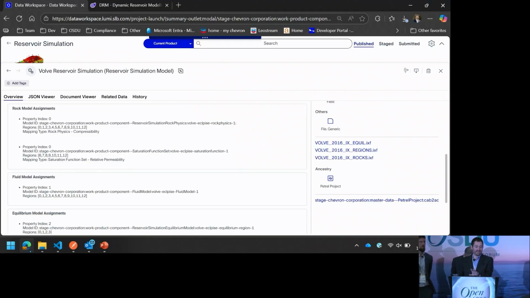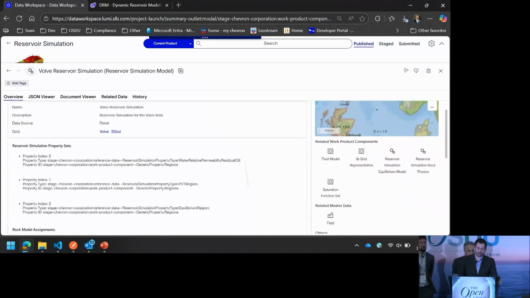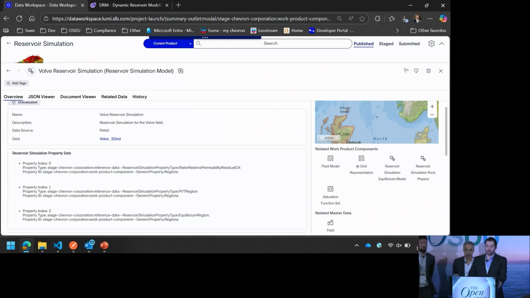So now that it knows, okay, I may want this reservoir simulation, now it can put in the order with the waiter and waitress and actually pull back that. So I'm going to actually jump over to our next demo. I was mentioning that we had this grid, and we actually did load this grid into, or SLB helped